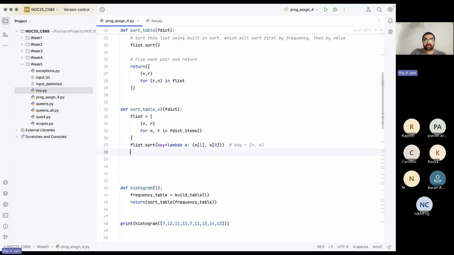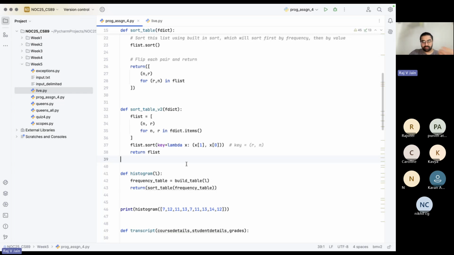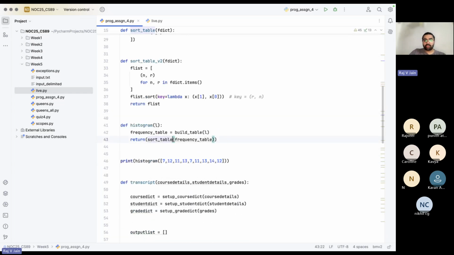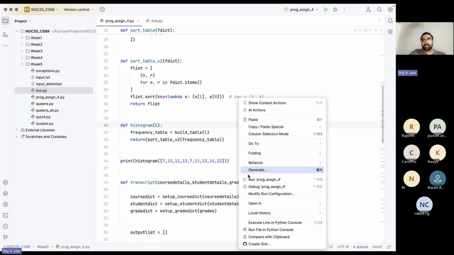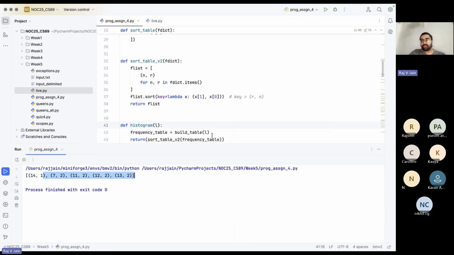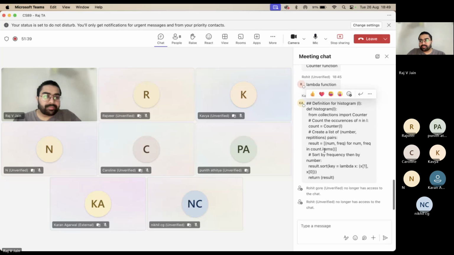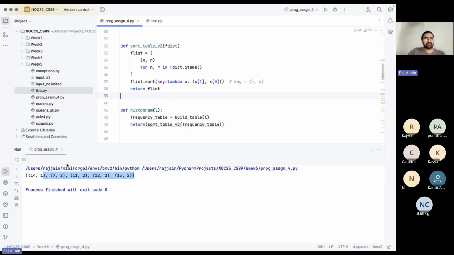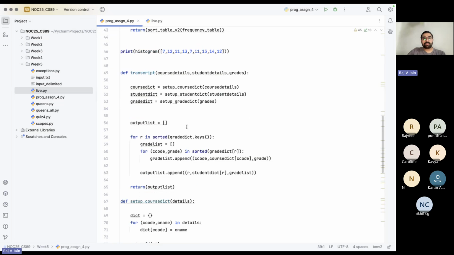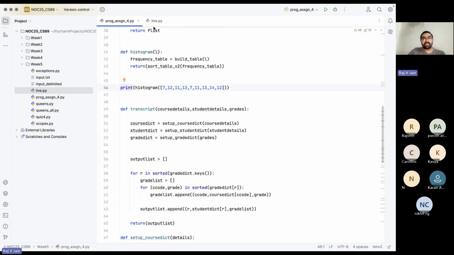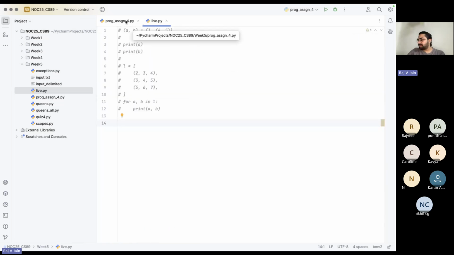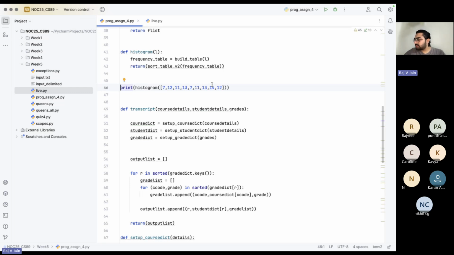Now, once you sort that, you can just return flist, because this sort method is in place, right? So it will change the list, whatever you're given, right? So if I do v2 here, and then run this program, you'll get the same sort of output. Okay, fine. So, okay, hopefully this was clear. Then, any other doubts or ideas somebody wants to present, you can present, right? Otherwise, we'll move on to the next